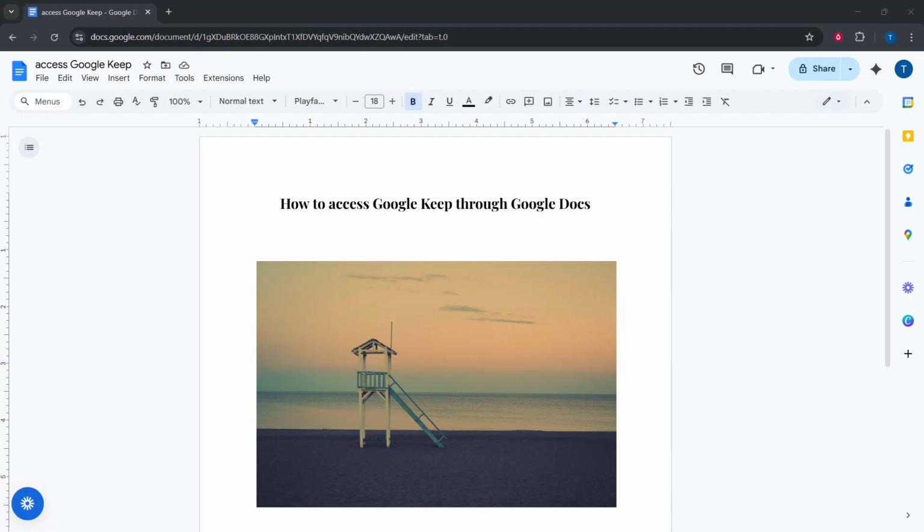In today's video, I'm going to teach you how to seamlessly access and use Google Keep Notes within your Google Doc. Whether you're drafting a report, organizing a project, or simply jotting down ideas, this integration can be quite a game changer. So, let's dive right in and explore how this effortless connection between Google Docs and Google Keep can